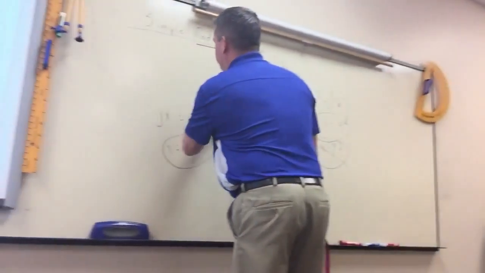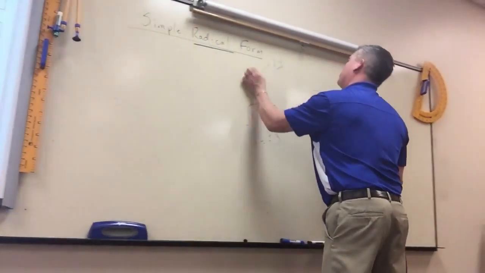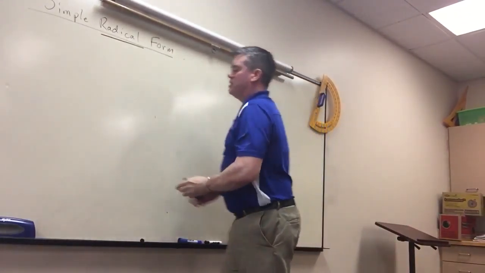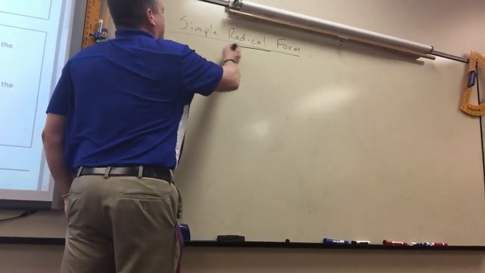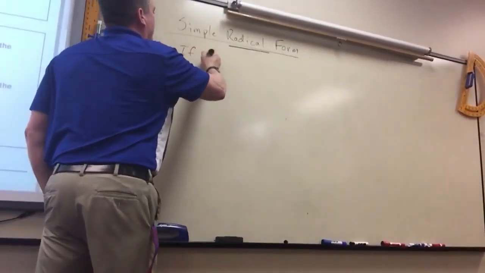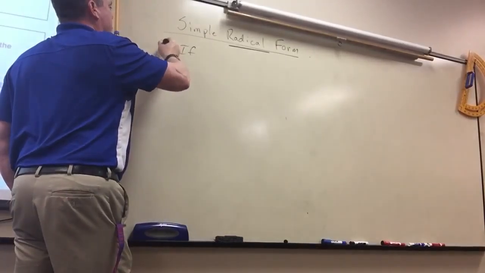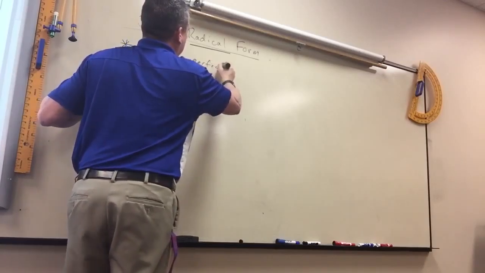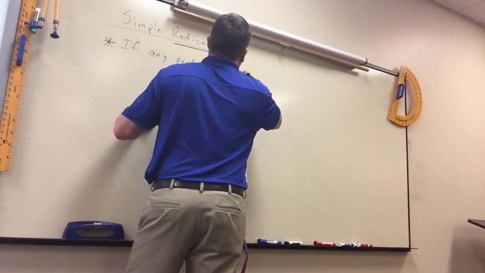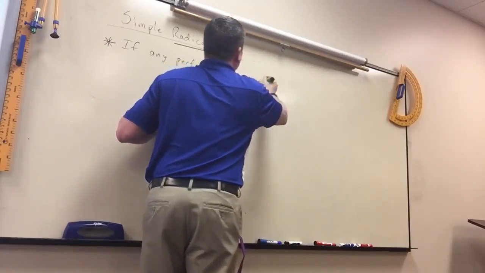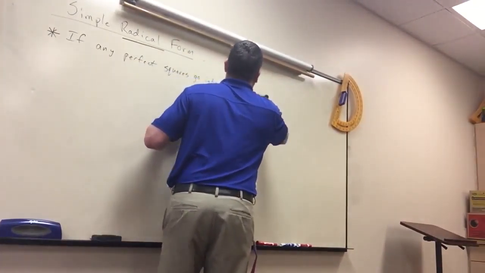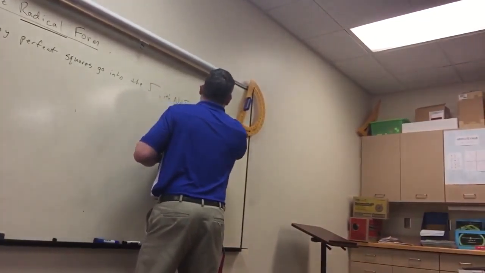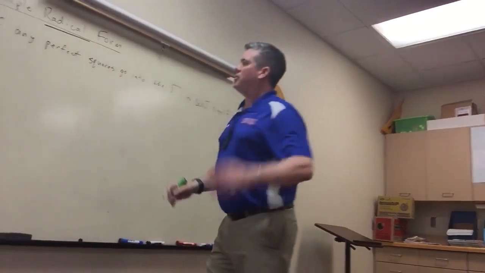Now, simplest radical form. In order to simplify radicals, there's a couple things that you've got to do. If any perfect squares go into the radical, it's not simplified. So now the perfect squares are,